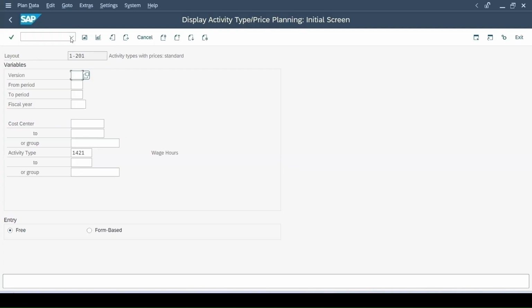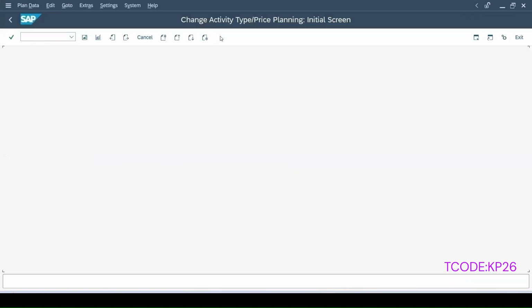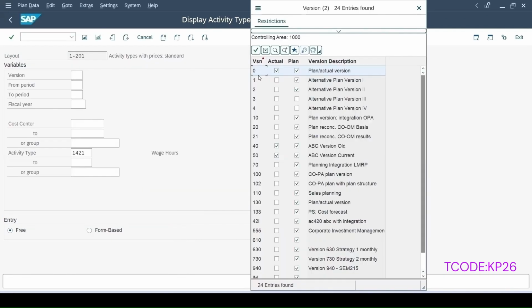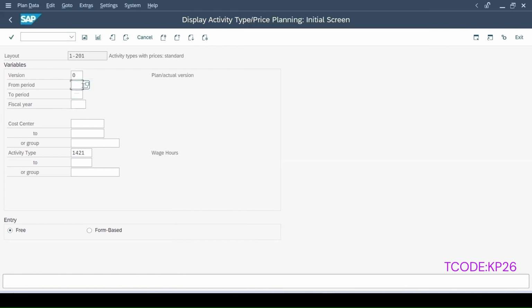KP26, change activity. When I want to maintain the cost, here we will be telling the version should be 0. Multiple versions are there. Use this 0, which is the active one. Period you will specify. So when I am entering 1 to 12, one means April to March of 2024 I am seeing, and this cost center, and this is the activity 20,